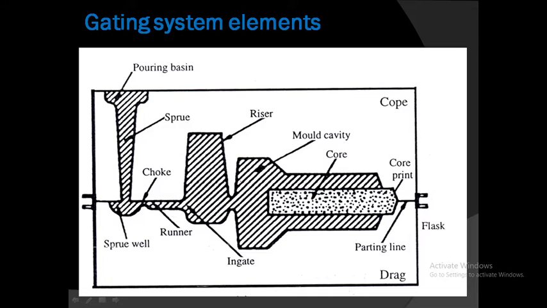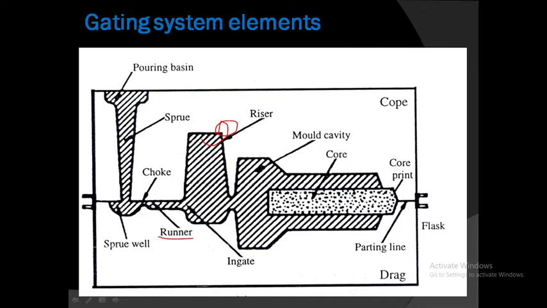Okay, so in a large casting, a runner is used. In a large casting, this runner is used for distributing the metal to several gates around the cavity. Okay, so the design of the metal flow passage is closely associated with the design and placement of risers. Okay, and also the chillers are there.